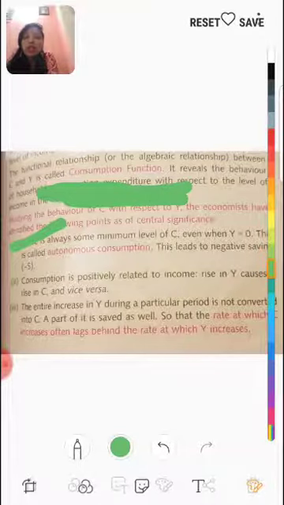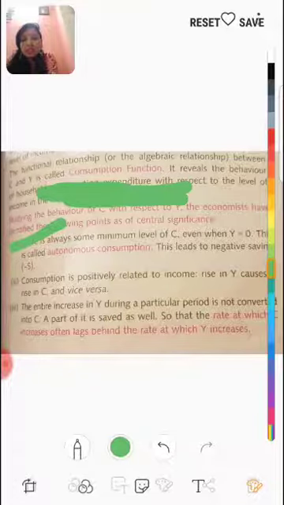Even when income is zero, अगर इनकम ज़ीरो भी है तो भी. In the earlier videos we have discussed that when there is no income then we'll consume something. So it means we use our past savings, या तो हम अपनी past saving use कर रहे हैं और either we are just borrowing from anyone, हम किसी से उधार लेकर उसे use कर रहे हैं. So consumption can never be zero.